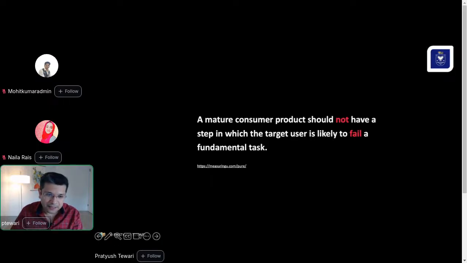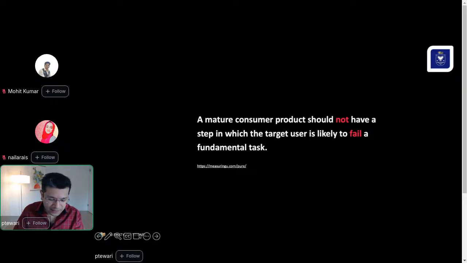In a nutshell, a mature consumer product should not have a step where the target user is likely to fail a fundamental task. And what is a fundamental task?